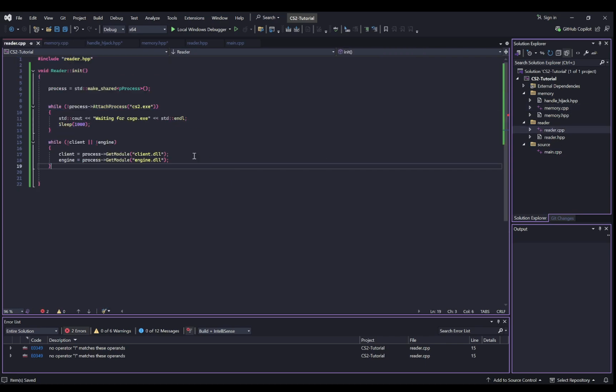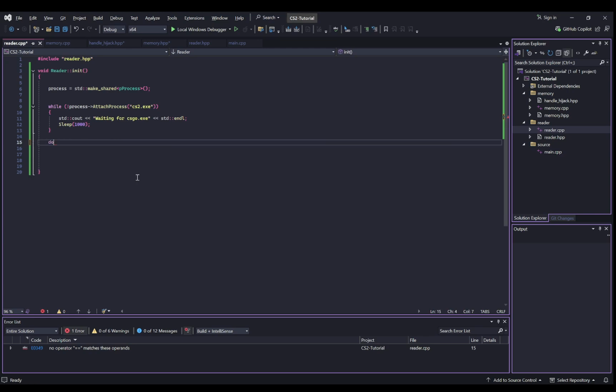Let's go back here. Alright, so now we're getting the processes. That should be good. Yeah, while not client. Or wait. Operator matches operands. Okay, well here let's say while equal to 0. Oh my god, okay. When I do a do while loop right here,